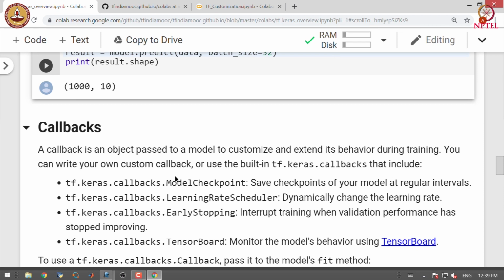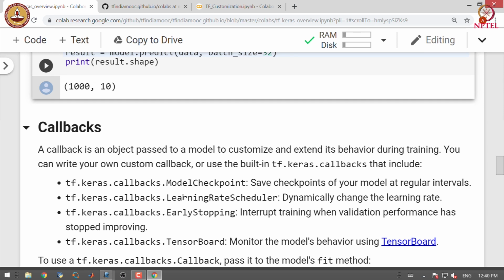We use callbacks for customization and extending the behavior of the model during the training process. We can also write our own callbacks or use some of the existing tf.keras.callbacks. Some of the well-known callbacks are ModelCheckpoint, which is used for saving the model at regular intervals.